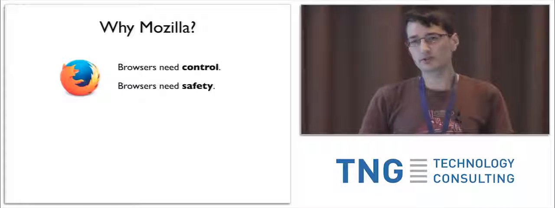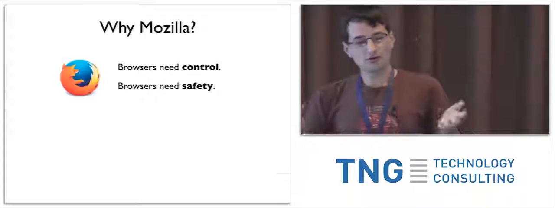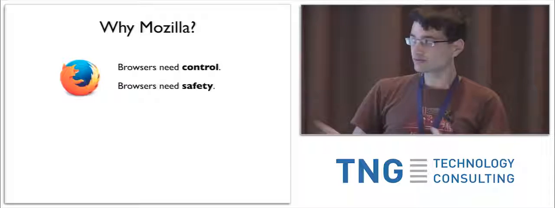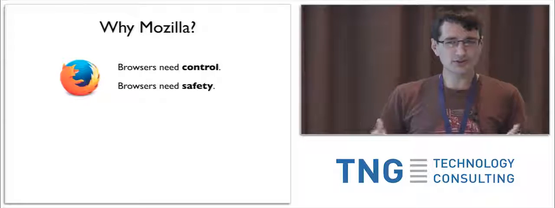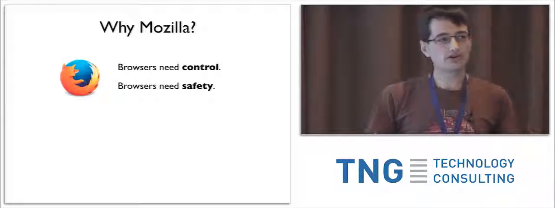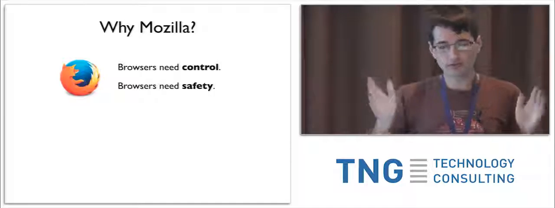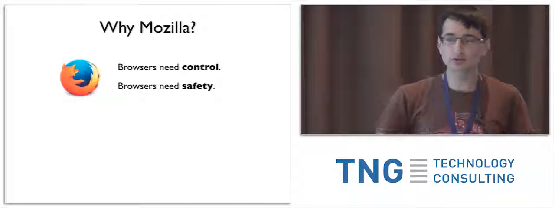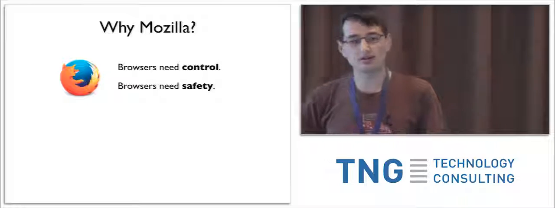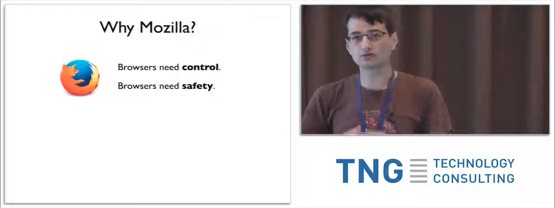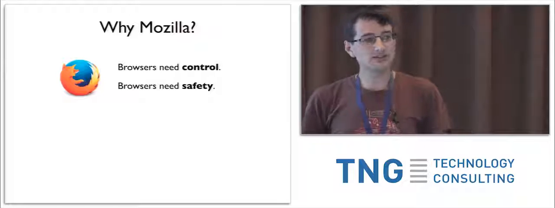The next thing you might be wondering is, why is Mozilla doing this? Why is Mozilla making a new programming language? It turns out that Mozilla's flagship product, Firefox, is a browser, and browsers need a lot of control and a lot of safety. All browsers are incredibly competitive in terms of performance. So Firefox and Chrome and IE and Edge, you would choose your web browser basically based on speed nowadays. So they have to be written in C++ to get that level of performance to edge out everyone else. But at the same time,